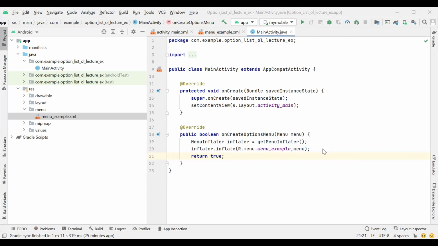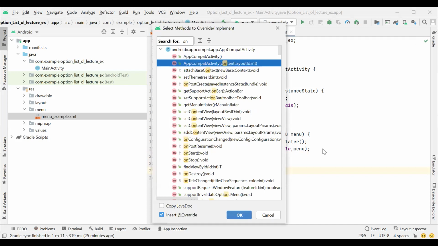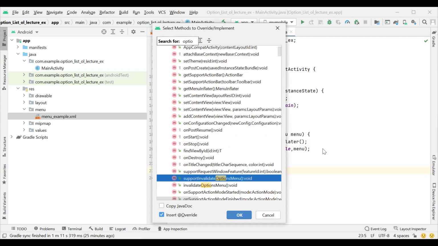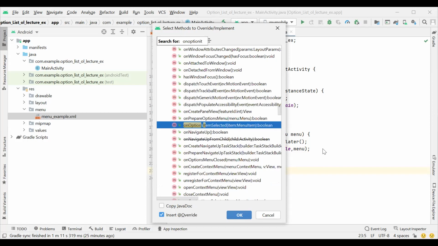After that we create one more method, onOptionsItemSelected, that will perform some action on it. So for that I press Ctrl and O, and here we type onOptionsItemSelected.